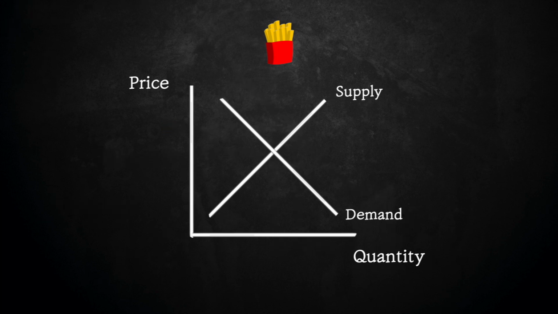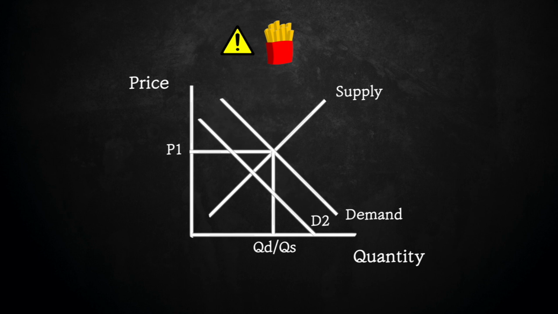Now, excess supply is really the same thing, but the inverse. Let's now imagine the chip factory being exposed badly by some massive media platform. At the current price, consumers would be like, man, I should really stop buying those chips at this price. So that's when demand decreases by a non-price factor that is negative advertising. So let's have a look at what changed. There's now a surplus, where quantity supplied is larger than quantity demanded.